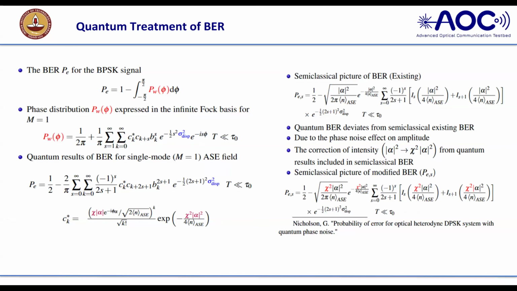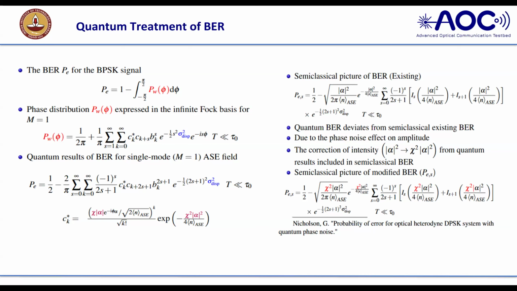So this is my quantum treatment of bit error rate, and you see here it is a classical, semi-classical treatment for phase information. So this probability distribution I'm talking about is of phi, not of the intensity. It talks about discrete k and k plus s, but here it talks about I of s. It is like a modified Bessel function, but it talks about the discrete eigen number state, like a basis representation. And what is the CK? I have explained here how the coherent state representation works, and that's why the Glauber representation becomes very important.